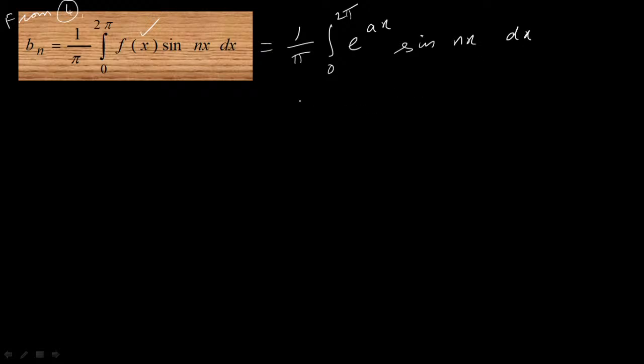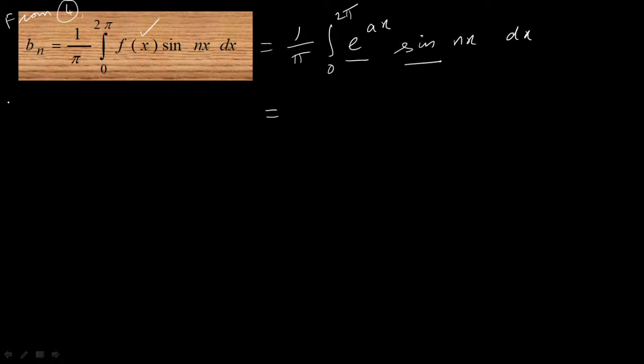So from equation 4, here bn is equal to 1 by pi integral 0 to 2 pi f of x sin nx dx. So let me first replace the function f of x by e power ax, that is 1 by pi integral 0 to 2 pi e power ax sin nx dx. So whenever you are having the exponential term along with sine function, we have a formula,